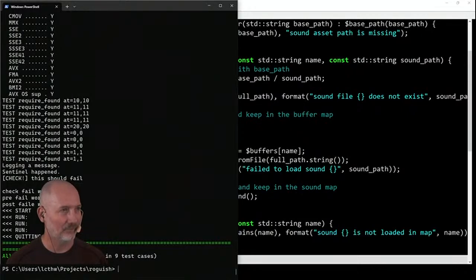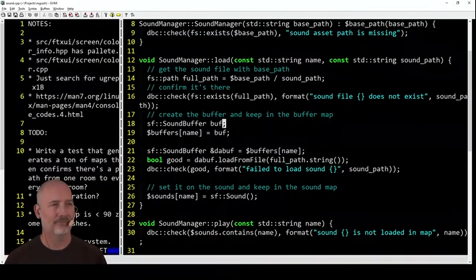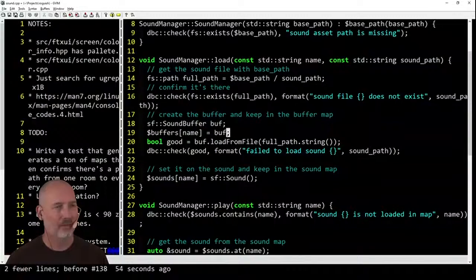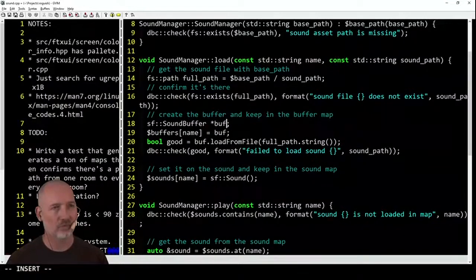Let me just see. It did load it, but I don't think it's playing at all. Nah. Alright, we'll have to heap load it. Darn, man. It's gonna be, I think probably a unique pointer, but let's just get it working with,